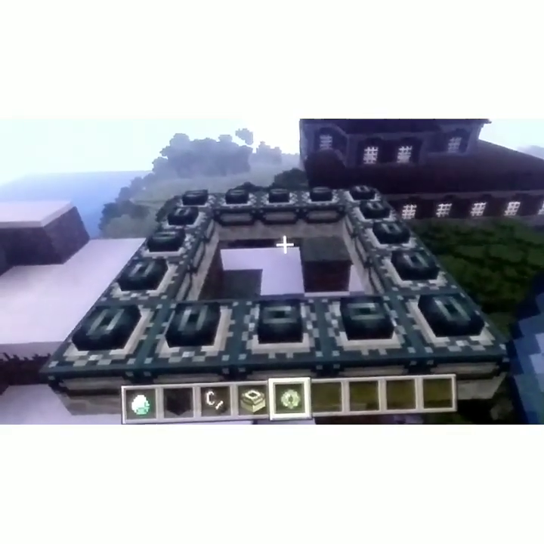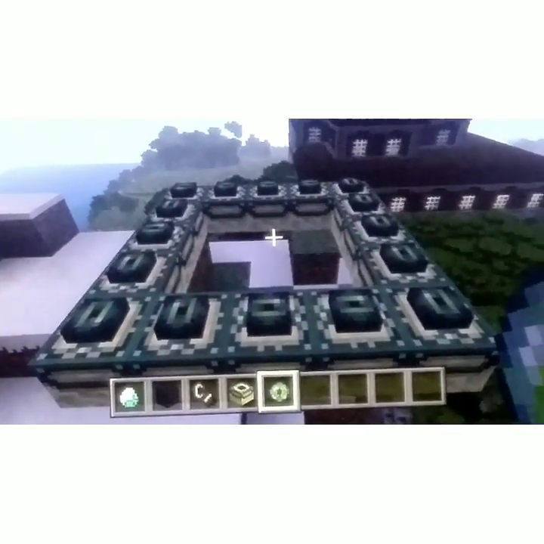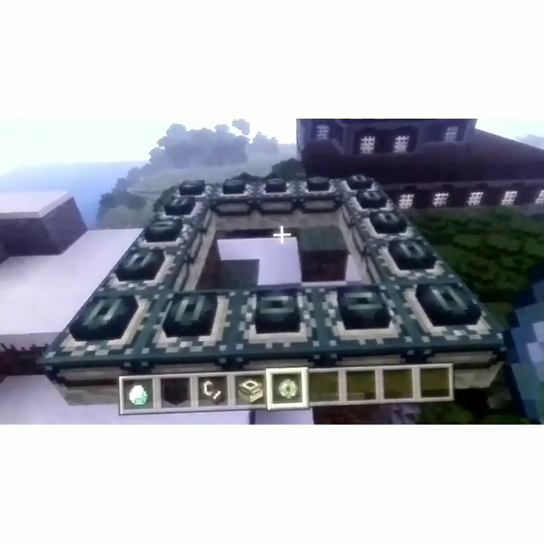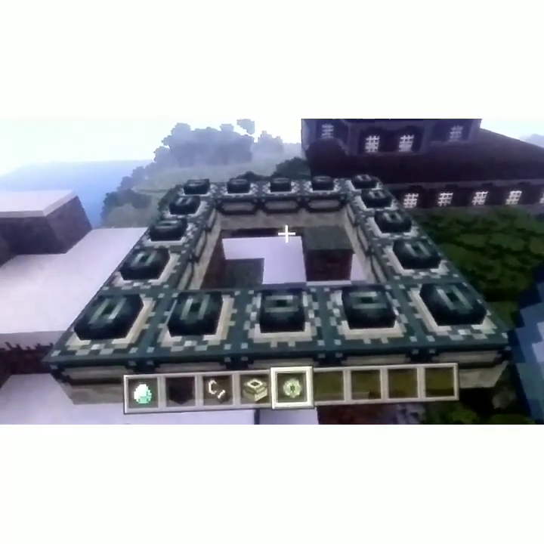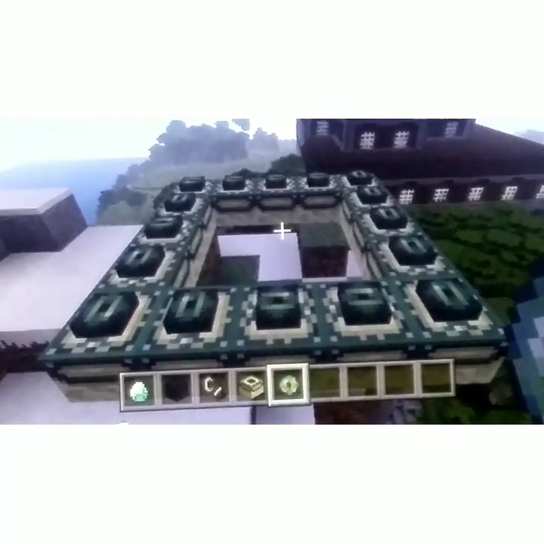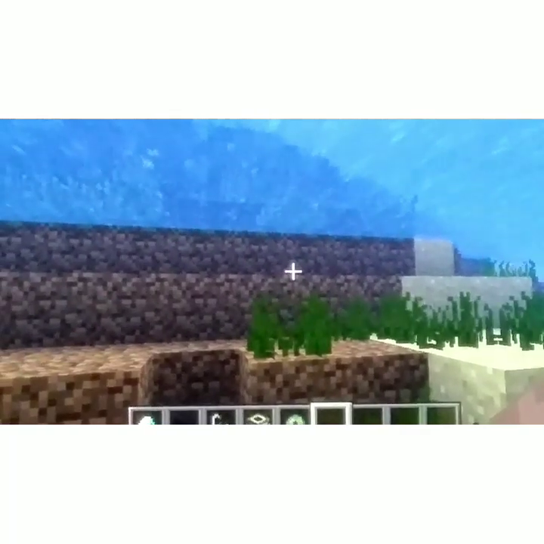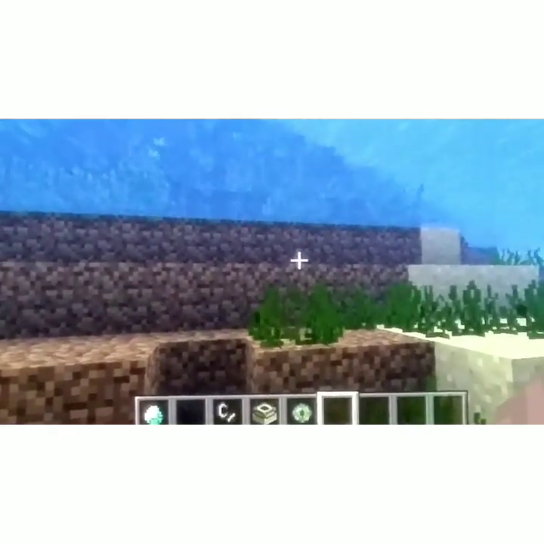If I could have gotten to the end, I would have said floating islands is another example of a different sort of outside or inside. But the portal didn't work, and I don't know why. So, yeah. Obviously, being underwater changes things a lot too. But let's make some new ones.